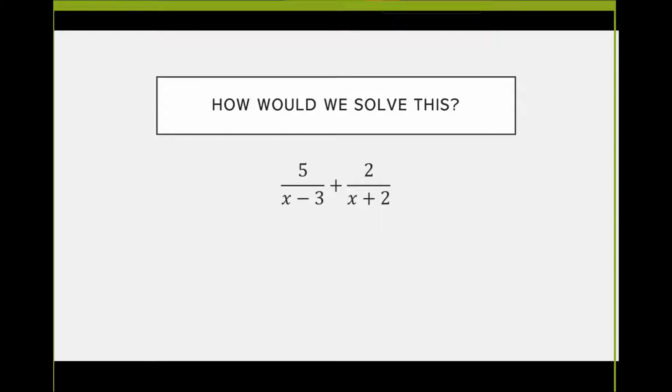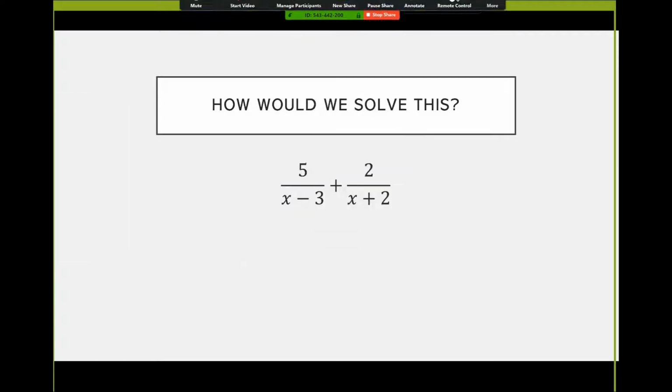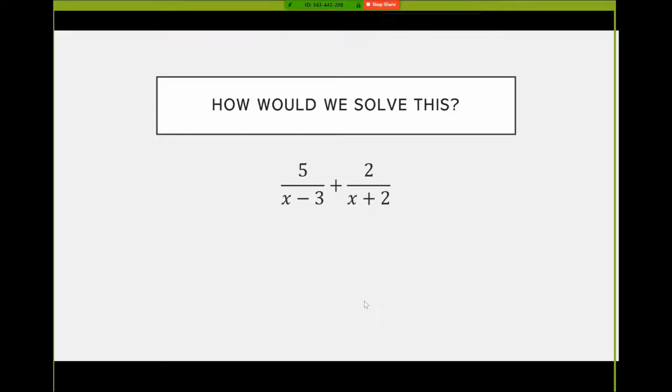Not a trick question, but what would my first step be? If I want to add these two fractions together, what's my first step? Find the common denominator. Okay,